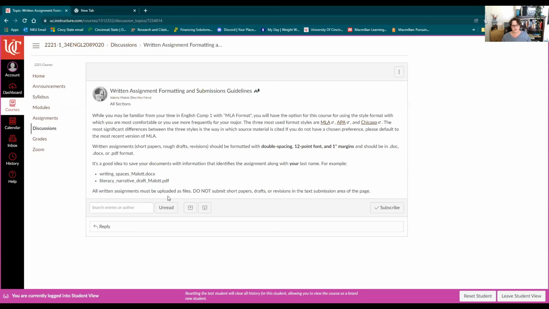All written assignments must be uploaded as files. Do not submit short papers, drafts, or revisions in text submission area of the page. Usually you don't have that option anyway for those written assignments, but I just stated that anyway. So those are the